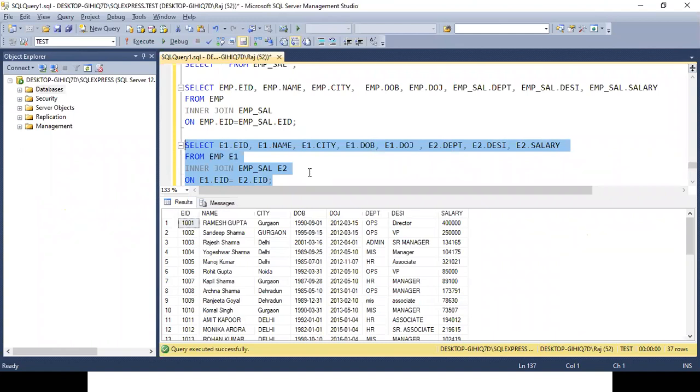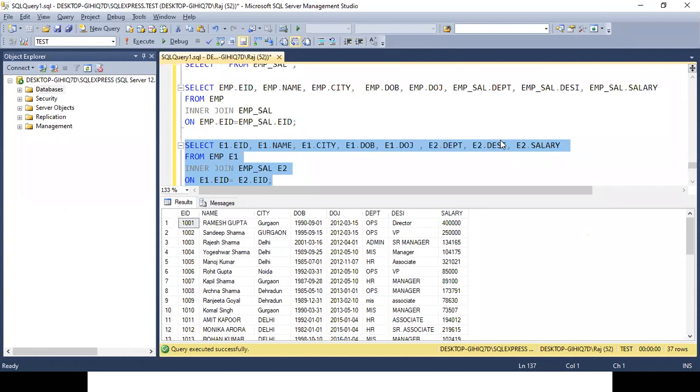Now what I have done, instead of writing the table name again and again, I have used the table alias. We call these E1 and E2, which I have mentioned over here, aliases. You can give any name, A, B, X, Y, whatever you want. In simpler words, these are nicknames. So the nickname of EMP is E1 and the nickname of EMP_SAL is E2.